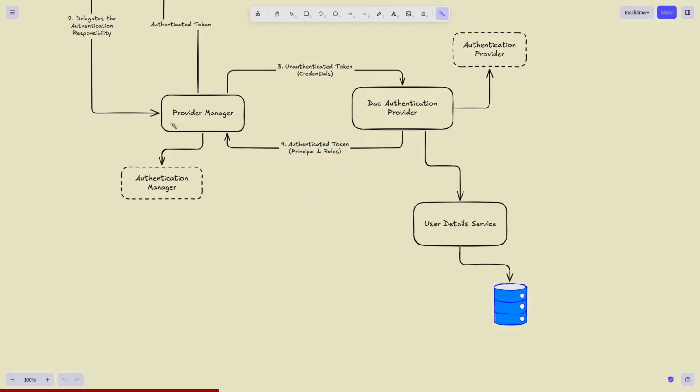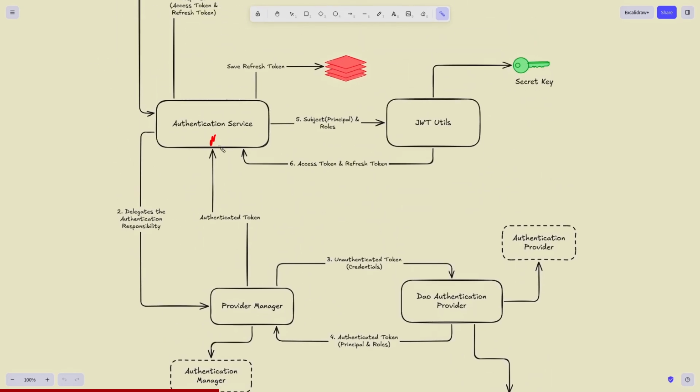So this will be returned back to this provider manager, and this provider manager is going to return it back to the authentication service. Now we are going to generate the access token. So we need this JWT utils because we are using the JSON Web Token. So for that we need this JWT utils. So we will send the subject or principal and roles to this, and we are going to generate the access